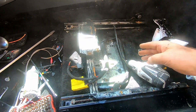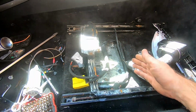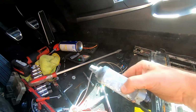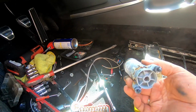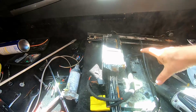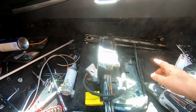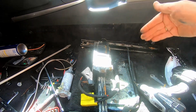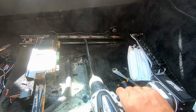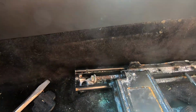And now I removed the motor. Yeah, this is the motor for the going back and forth. It's totally shot. It's got this cable from 2 sides, obviously one per each side. And now I am using the drill, and hopefully,